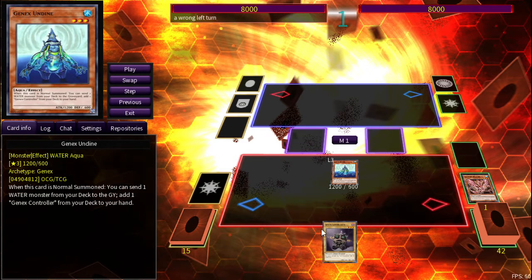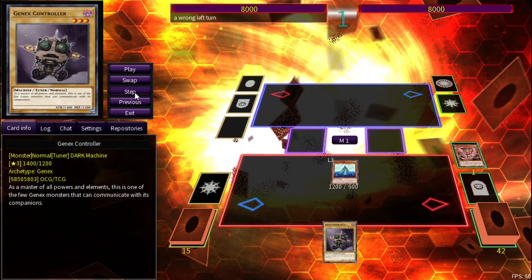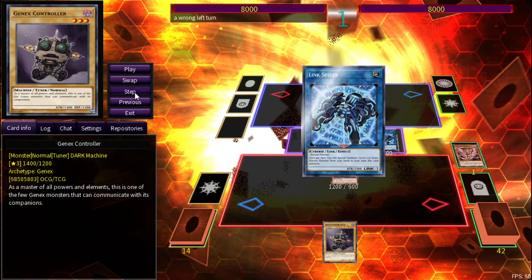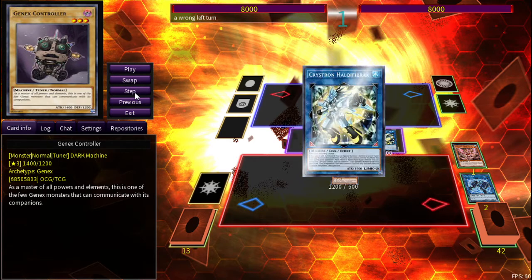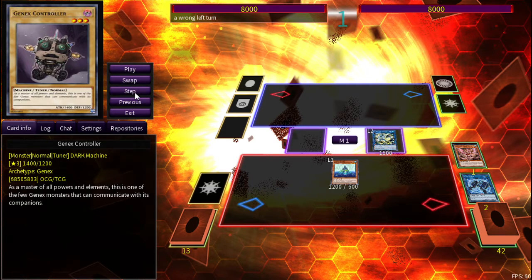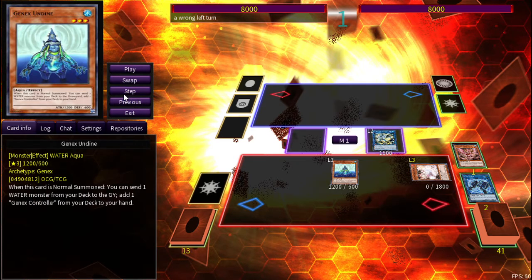Send a Rosnix, add a Genex Undyne. Rosnix banishes itself to make a token. The token then gives you Link Spider. Link Spider's effect to bring onto the field the Genex controller, convert those 2 into a Christian Halifibrax, and this is where it kind of diverges. You can special summon anything from the deck. Again, I'm just going to do an Ash Blossom, but these are just 2 effect monsters, which ends up being even more important, because those 2 are going to be